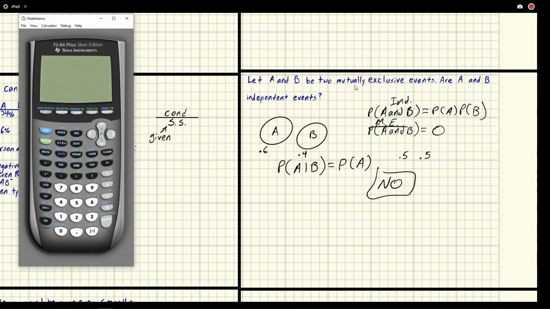So if two events are mutually exclusive, they cannot be independent. Another example could be if it's raining versus not raining, that's mutually exclusive. A 70% chance of rain means there's a 30% chance that it doesn't rain. They directly depend on each other. So they are not independent events. I'm trying to give just a couple of examples to help you think about it. I personally had a hard time with the coin flip because I was thinking, whoa, that's this and that. But then I realized, oh, well, here I'm doing multiple coin flips, whereas this is just at the same time, mutually exclusive at the same time.